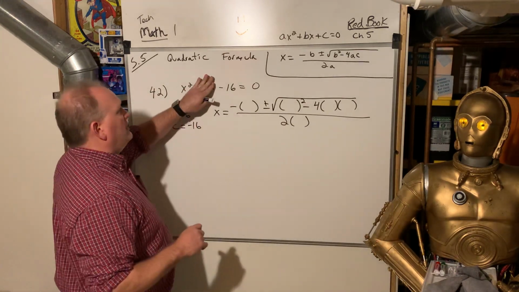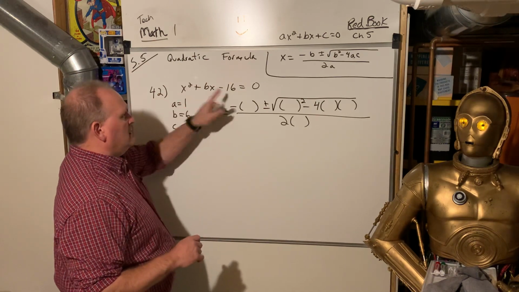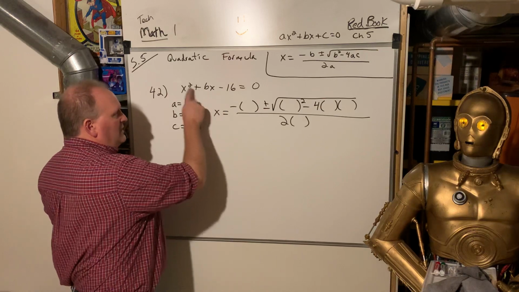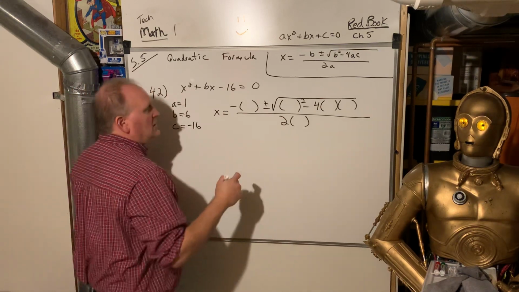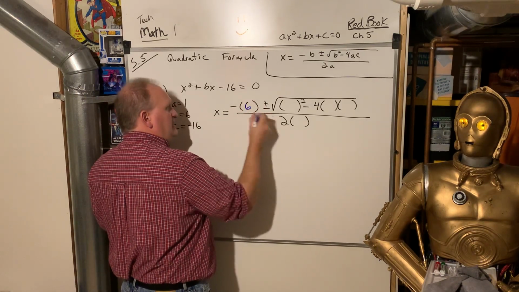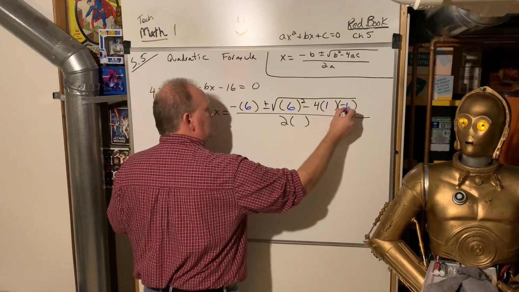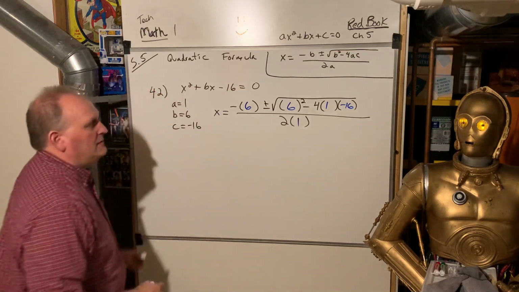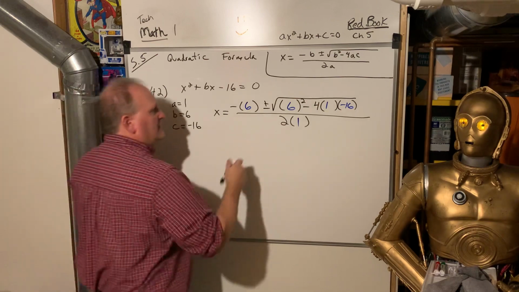So if this were gone, if it was just x squared minus 16, we would say a is 1, b is 0, c is negative 16. So it doesn't matter if you have all three, just as long as there's an x squared, you can use this. So now, the opposite of b, a, c, all over 2a. So I put in a, b, and c, and now it's just plug them in and chug out the answer,